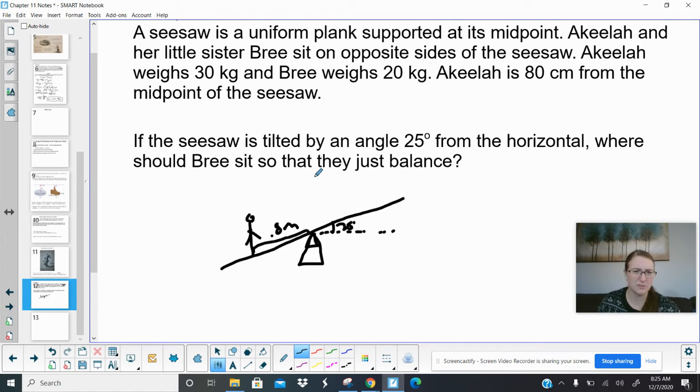Now, again, if you've never experienced a seesaw before, I don't know if I've actually ever been on one. I see them in the movies all the time, but